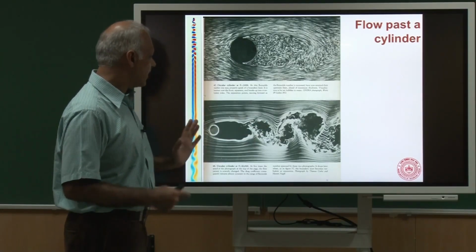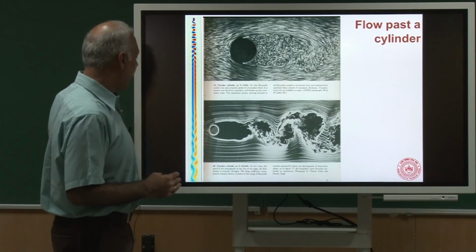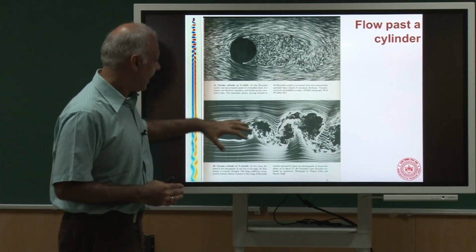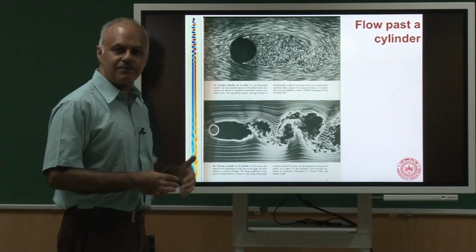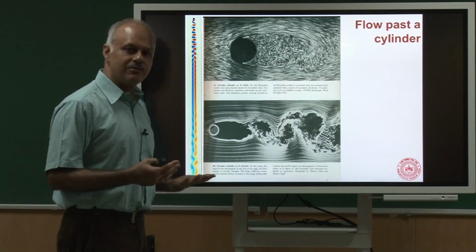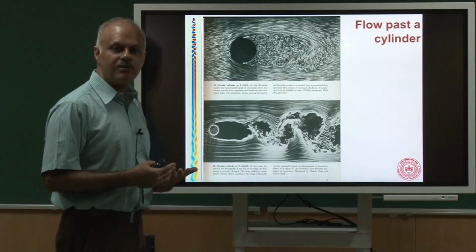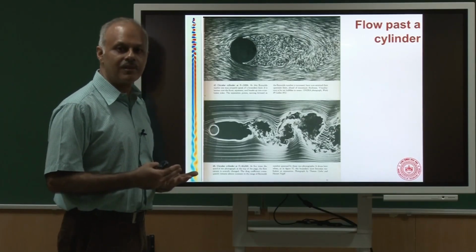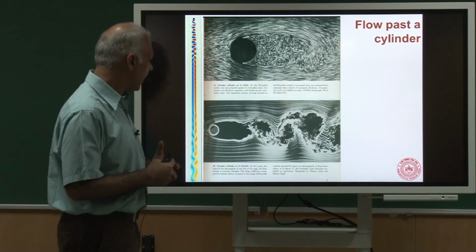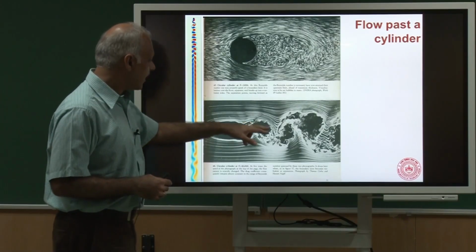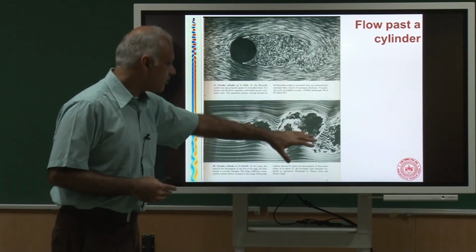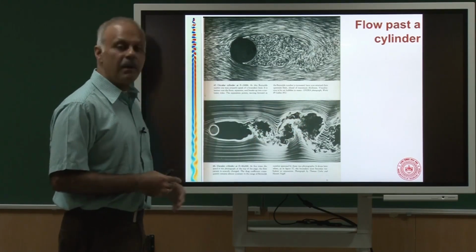Okay. So this is a fascinating flow in the sense that I have a flow coming in which is perfectly uniform, steady, and the flow downstream of this object has become unsteady. Okay. And why did it become unsteady? Well, we will talk about it later. It's essentially because the steady flow is unstable. Okay. So therefore it kind of becomes unsteady. And now you have these big vortices, smaller vortices, and this part of the flow leads to much heavy mixing.